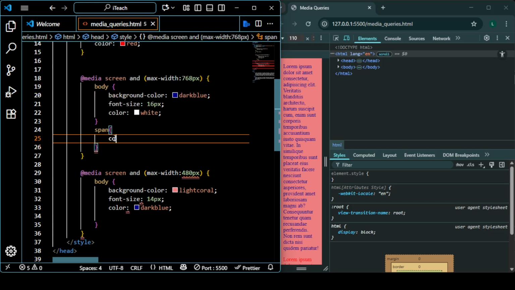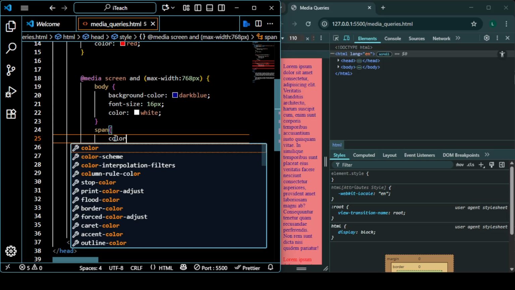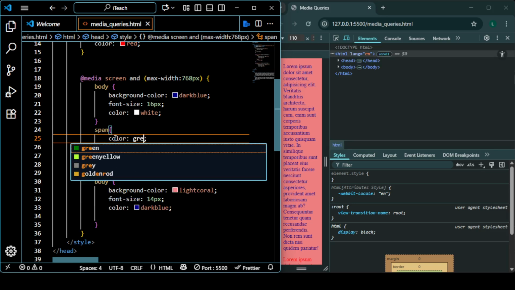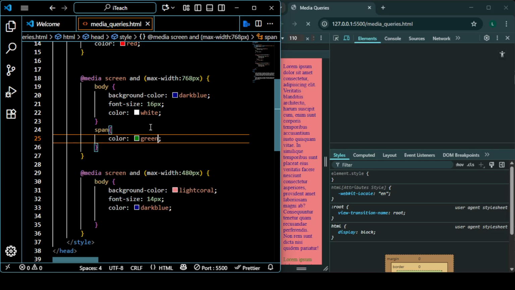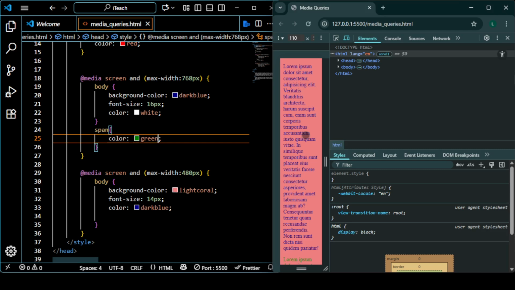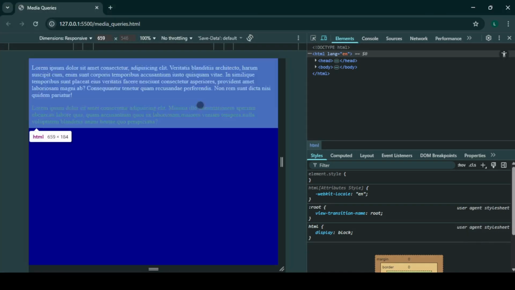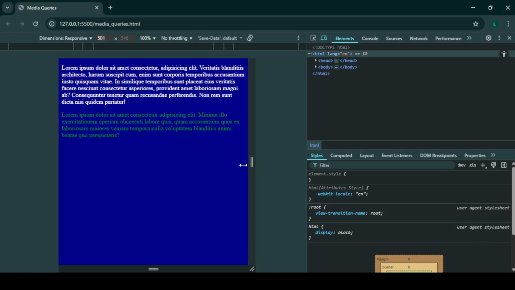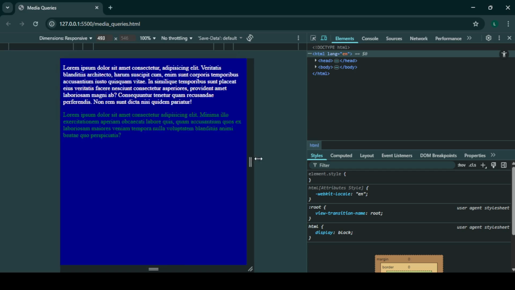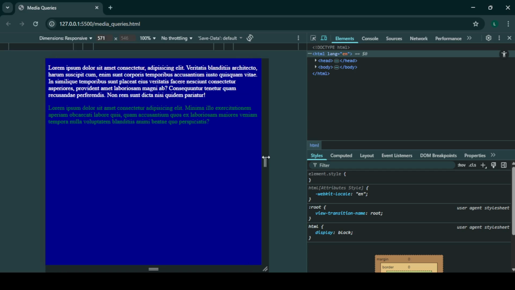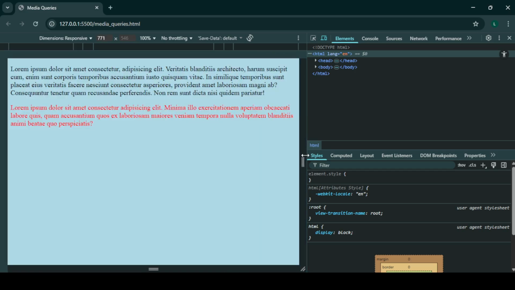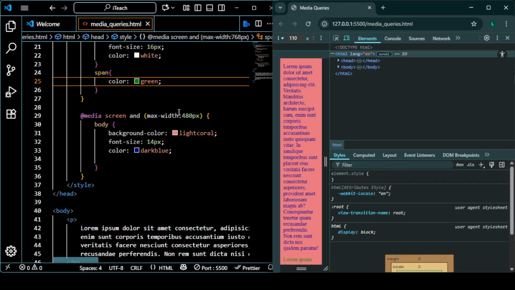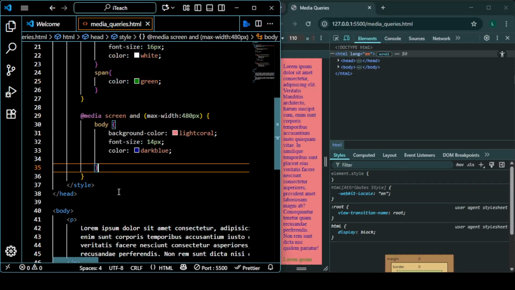So let's override the color, and let's say the color should be green. All right, so let's go back, and you can see the color is green. Now if it's above 768 pixels, it's going to take that red. Now you can see. All right, so for this other device, let me call out the span,